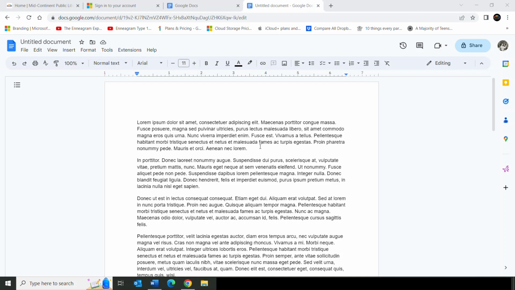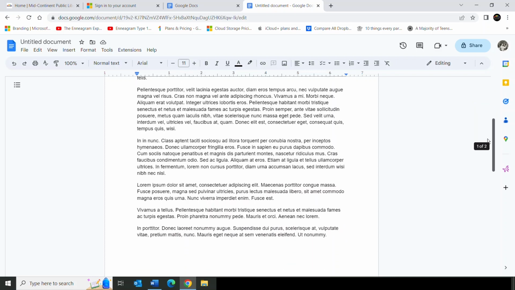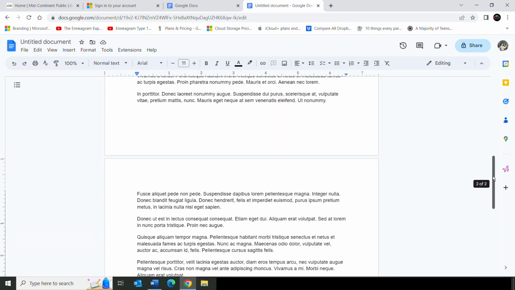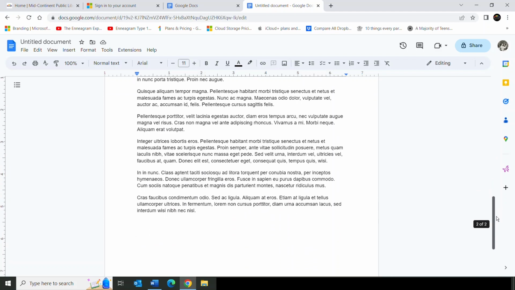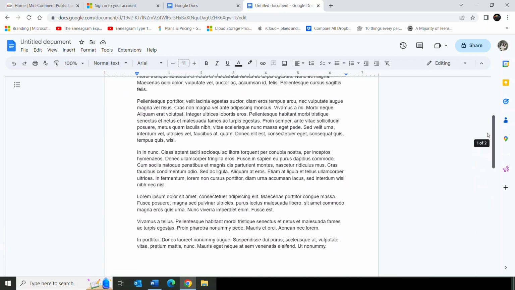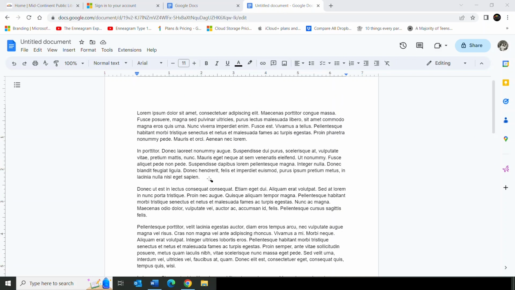As we look at this example document today, it's just kind of the beginnings of a research paper. It has some very long paragraphs, it has some shorter paragraphs, and it takes up about a page and a half so far. Let's say that this last sentence in this second paragraph basically is what the quote is. So what we will do is add in quotes on either side of that sentence and then add in a footnote. So I'll click here, put in my quote, I put in the other quote,